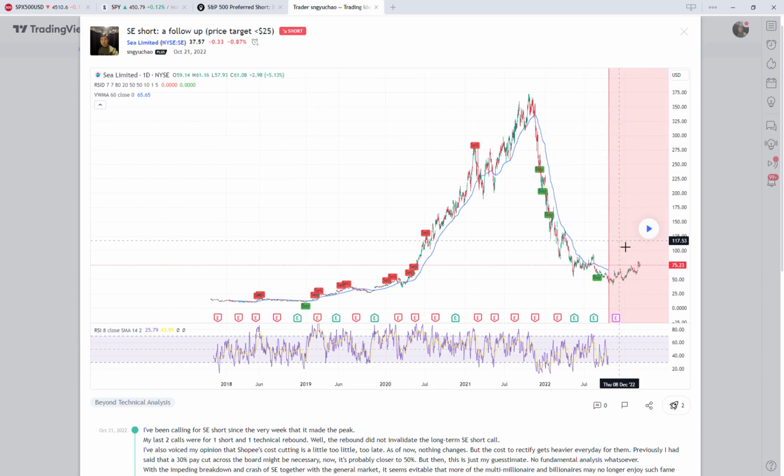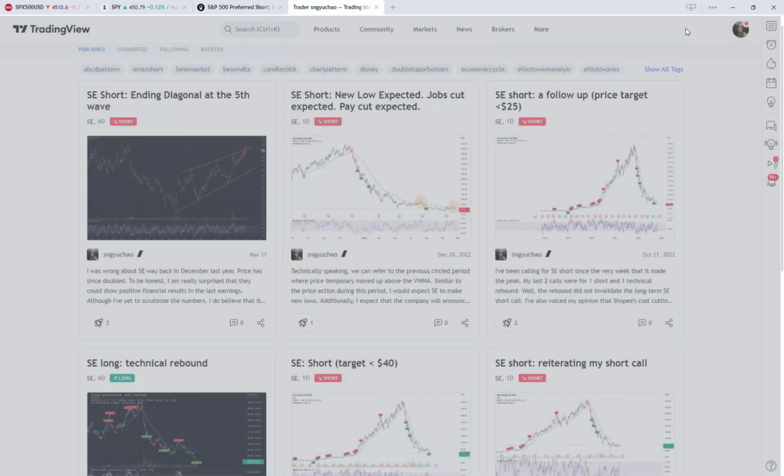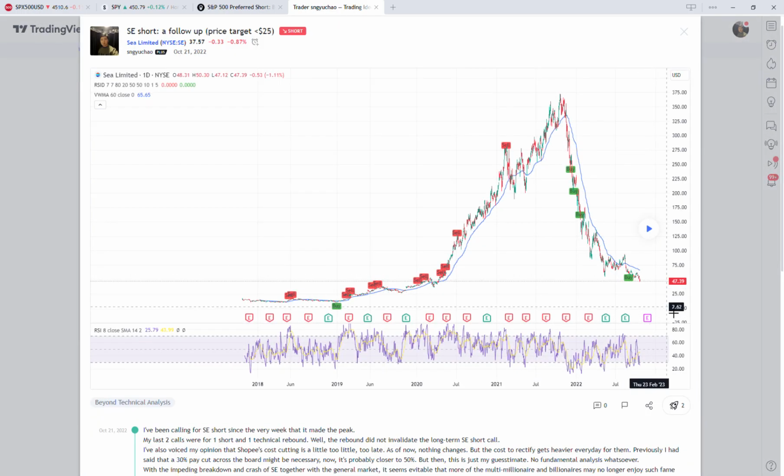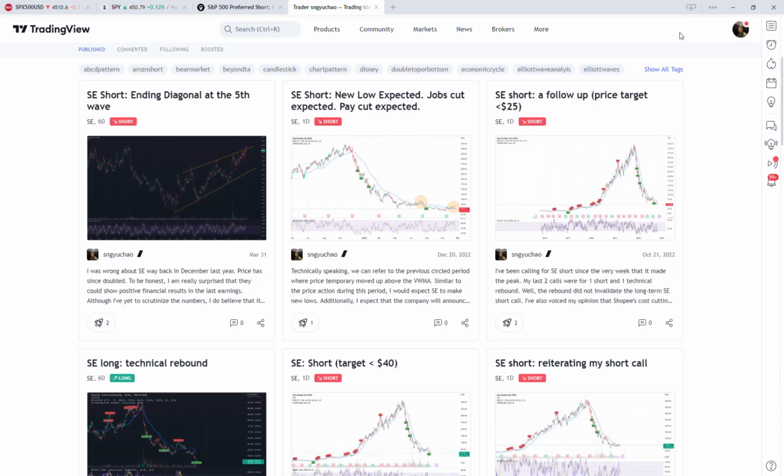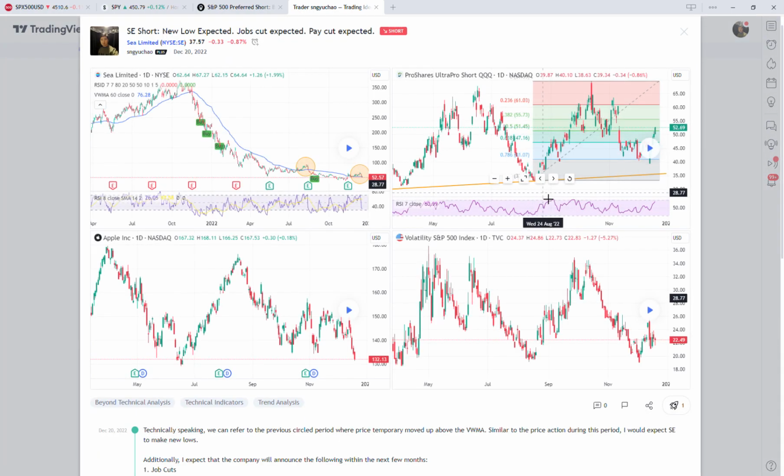Then when I finally come back and take a look at this again, I call for another short. So it wasn't a very good call because the low was about 41.4, and this call was made at 47, so it's about $6 of down move. Okay, still pretty good, to be honest. Okay, let's look at what happens on December 20th, 2022. This one I should have probably just done one chart, but accidentally I didn't config.